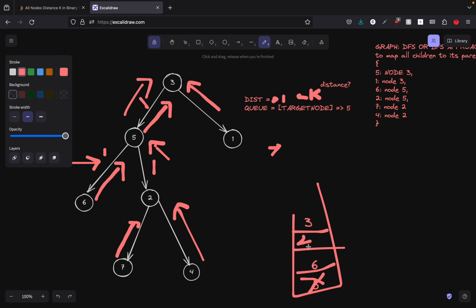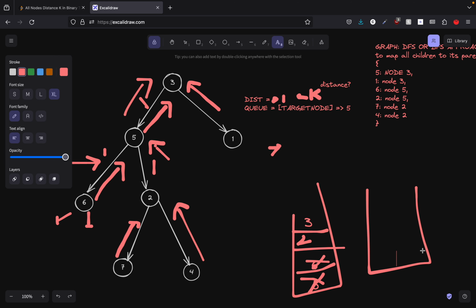So I'll go to the 6. I'll take the first node out, and I'll say 6. What's the neighbor? There is no left, there is no right. Oh, there's a parent, but we have already traversed the parent. Why do I have to traverse the parent again? So I could just maintain a visited set too, where once I've considered a node, I'll always add it to